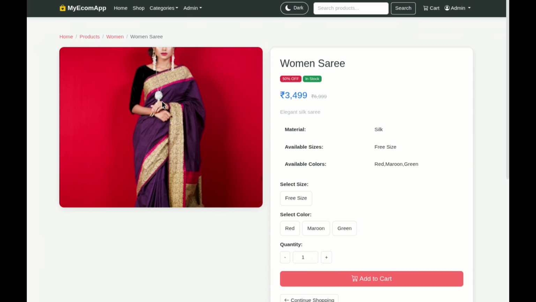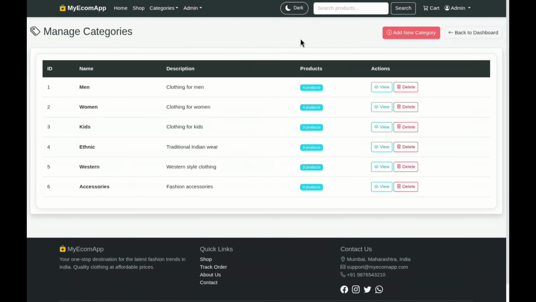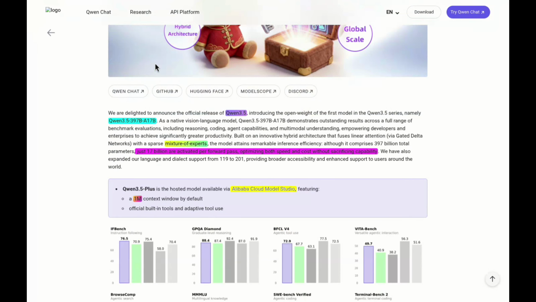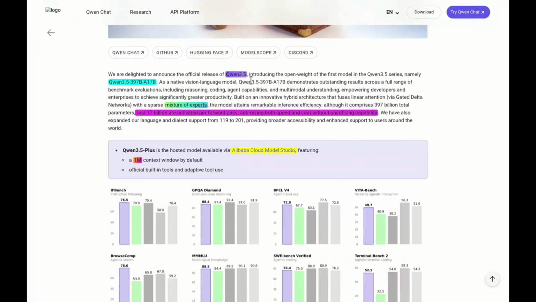So, my final take, this model is impressive, beating other powerful models on benchmarks, but it's failing to build production ready apps. Now, what is Qwen 3.5? Alibaba released this on February 16th, 2026. This open weight model outperforms GPT 5.2, Claude Opus, and Gemini 3 Pro across 80% of benchmarks. 397 billion parameters, but only 17 billion activate per token. That's mixture of experts efficiency, 400 billion parameter intelligence at 17 billion parameter cost, 1 million token context window,